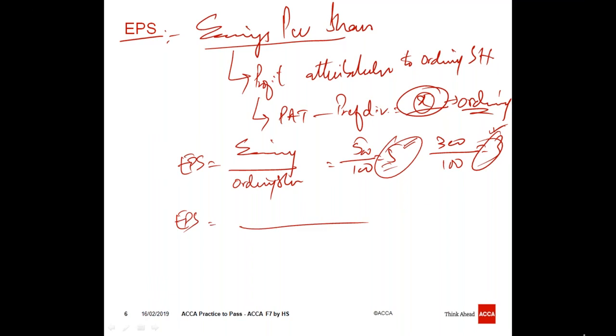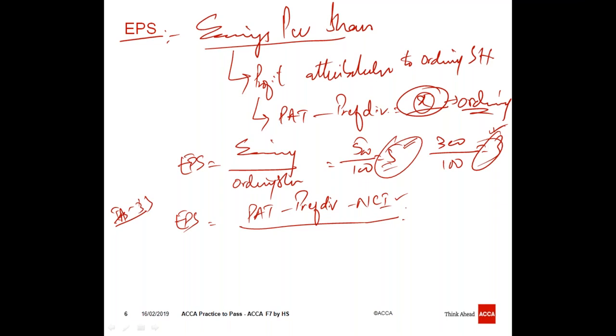There are some issues, and that is the reason that IASB has built a complete standard on this particular ratio. We have studied more than 20 ratios in the syllabus, but there is only one ratio for which there is a complete accounting standard, that is IAS 33. So it is actually a very important standard. The formula for the EPS is profit after tax minus preference dividend minus NCI